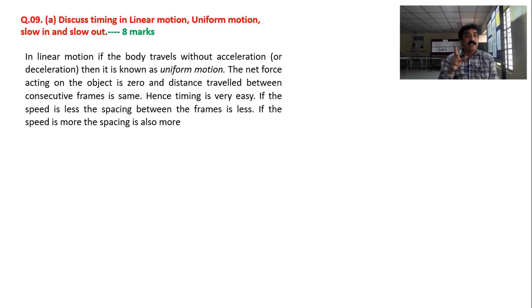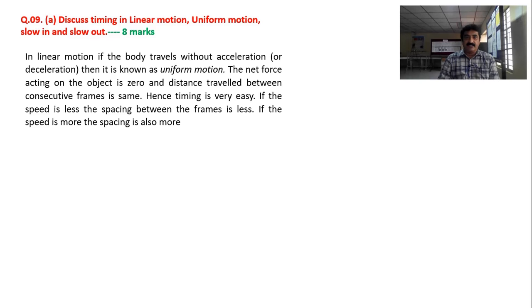For acceleration, a force must act on the body. If there is no acceleration, there is no question of force. That is according to Newton's second law, F is equal to ma. When a body is moving with constant acceleration, there must be a rate of change of momentum, and that is definitely because of the applied force. Anyway, after explaining what is linear motion and the different types, uniform and non-uniform motion, proceed further. In uniform motion, as I told just now, the net force acting on the body is 0,